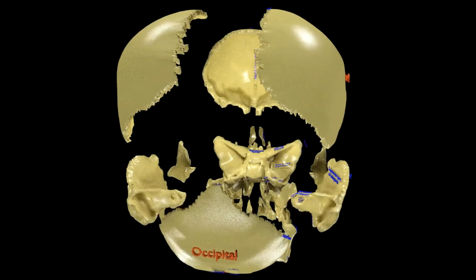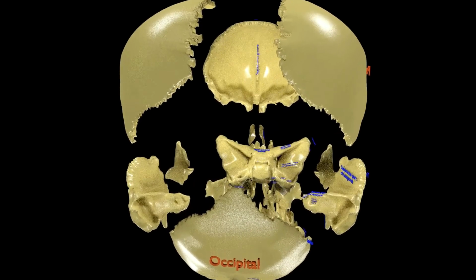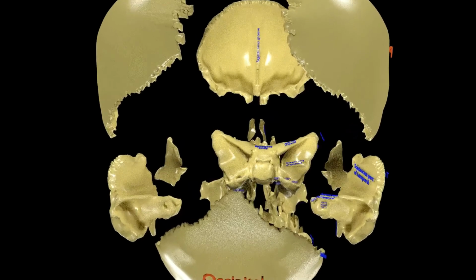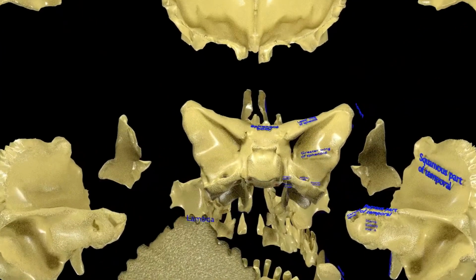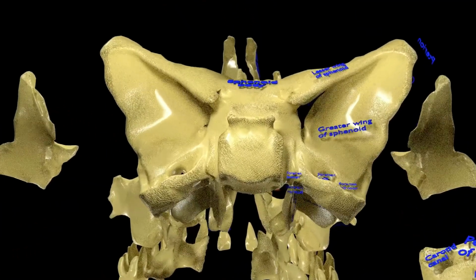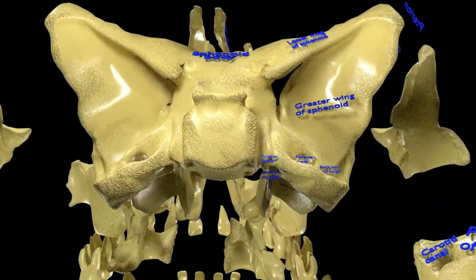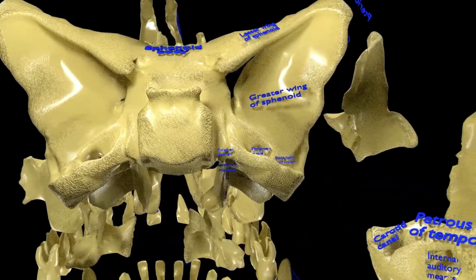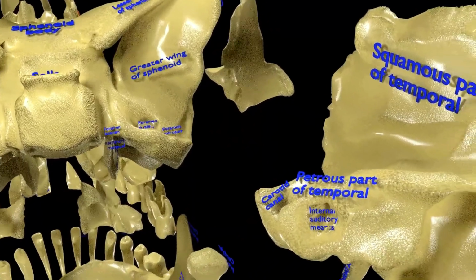In this view, you can also appreciate the sphenoid bone and the greater wing of the sphenoid. The sphenoid bone resembles a bat with outstretched wings. It has a body, two lesser wings, two greater wings, and two pterygoid processes. We can also visualize the parts of the temporal bone in this view, that are the squamous part of the temporal bone,